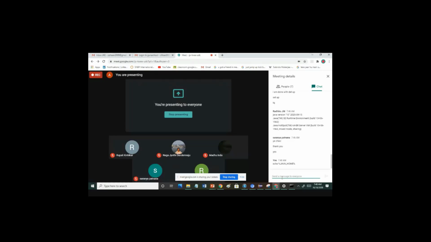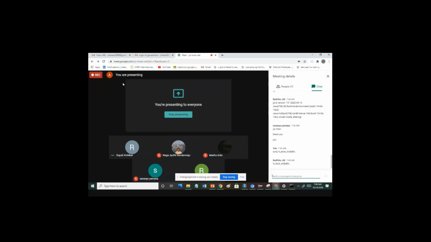So just type echo percentage, then in caps JAVA underscore HOME, then again percentage. You have to write this in your command prompt and then press enter. It will tell you the path where all the JDK files are stored.